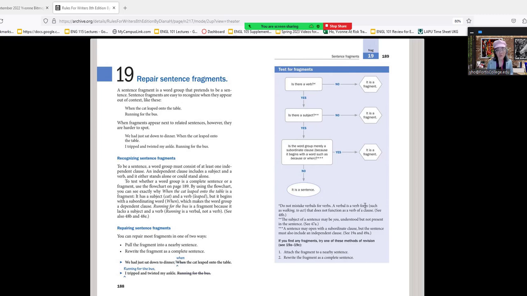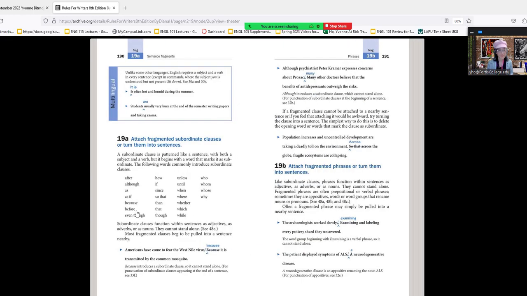A verbal is a verb form, such as walking, that does not function as a verb or a clause. The subject of a verb may be you, understood but not present in the sentence. A sentence may open with a subordinate clause, but the sentence must also include an independent clause. Unlike some other languages, English requires a subject and a verb in every sentence except in commands, where the you